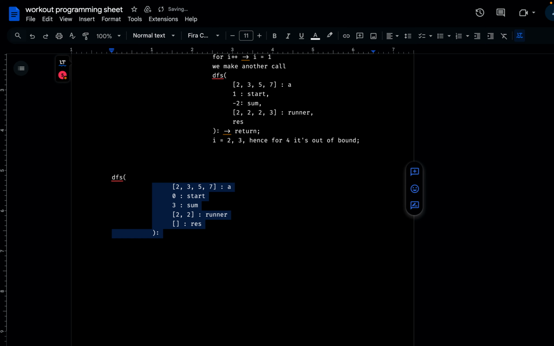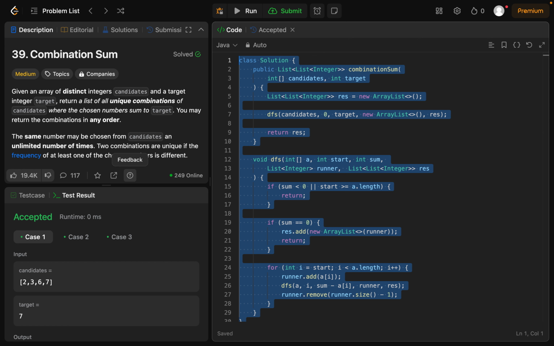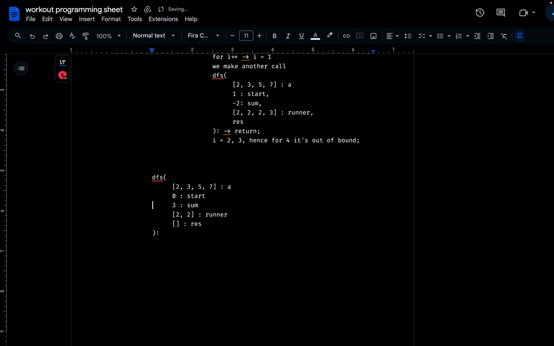Let me align it nicely. Okay, well, this is aligned nicely now. This is where we came from with i equal to 0, but now i plus plus would give us 1. Hence our answer would be 2 2 3, and sum would be 3 minus 3, which is 0, and hence this is the first entry within the result,